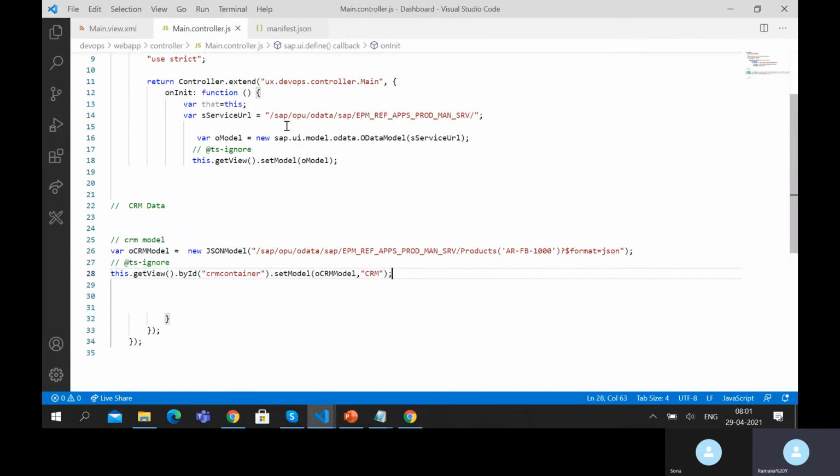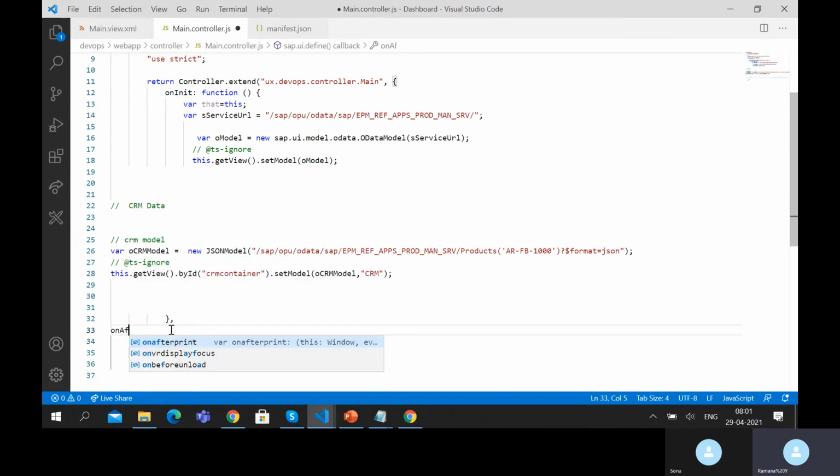To take advantage of one other example, where we have talked about lifecycle methods, right? Instead of onInit, what I'll do is add onAfterRendering. We can add all the models now. For the second system, the second tile, what is the second tile? The HCM tile. So we can add the HCM tile, all of the tiles in onInit itself. To show the rendering effect,